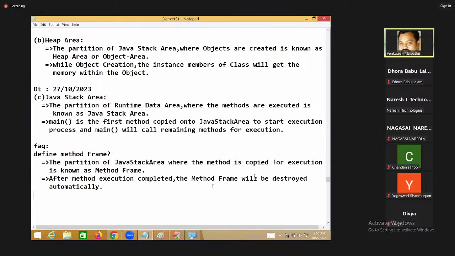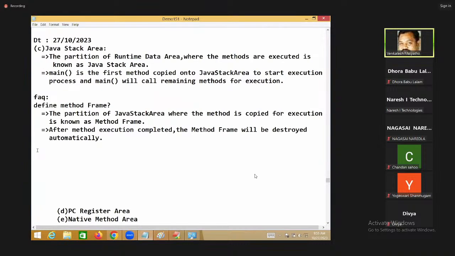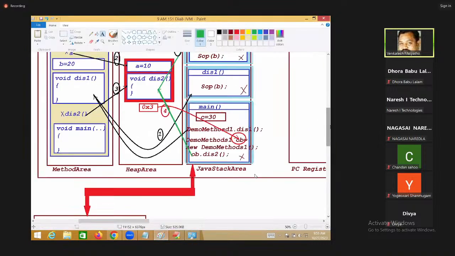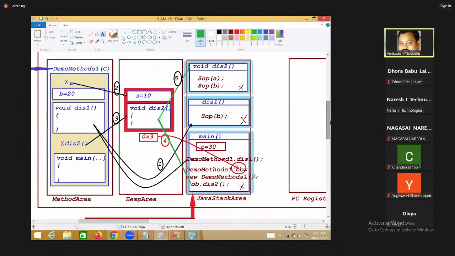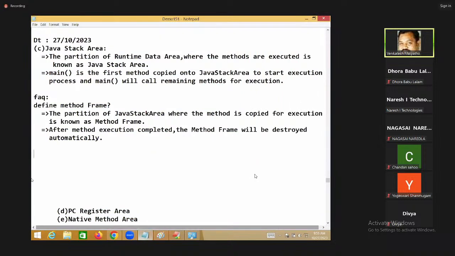Now, from this diagram, this is the object. After object creation, there are three parts available for it. Make it one FAQ: what is the difference between